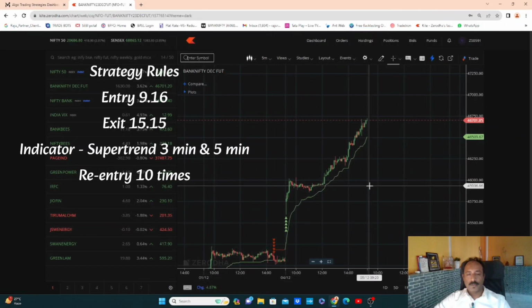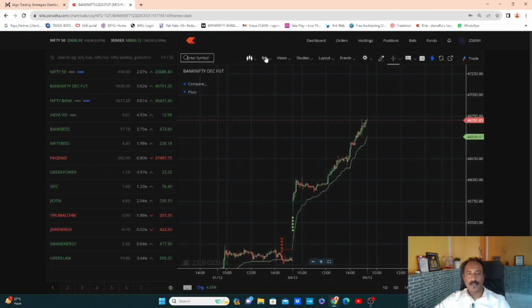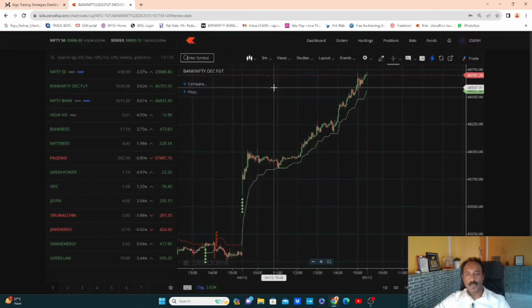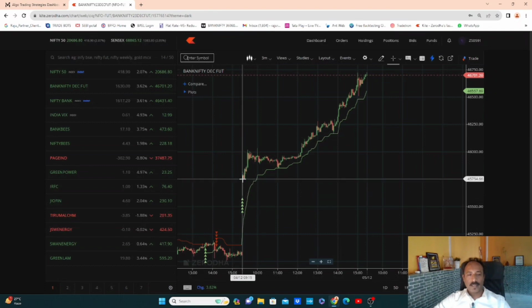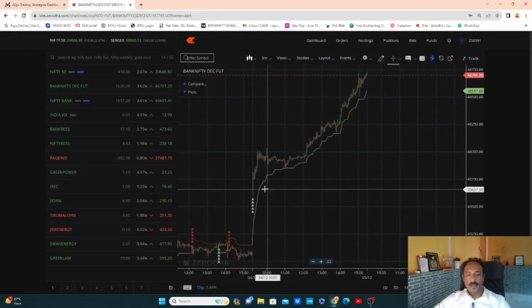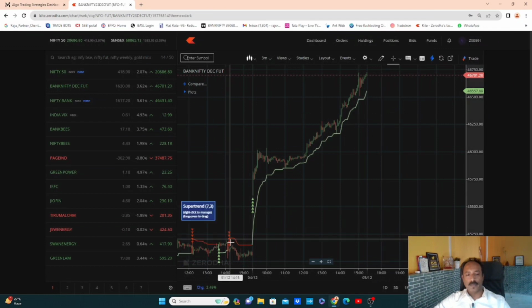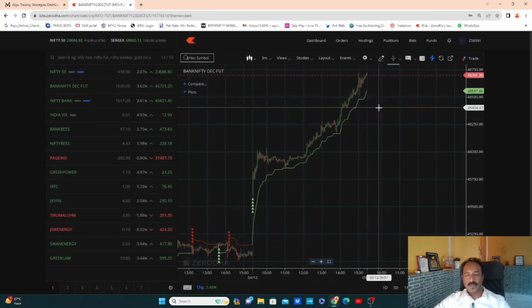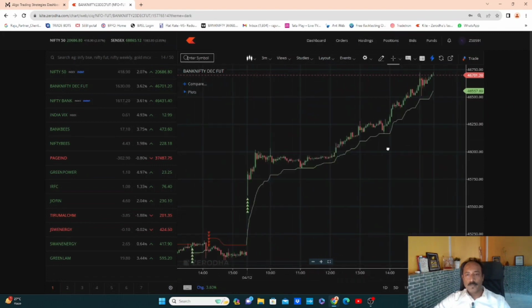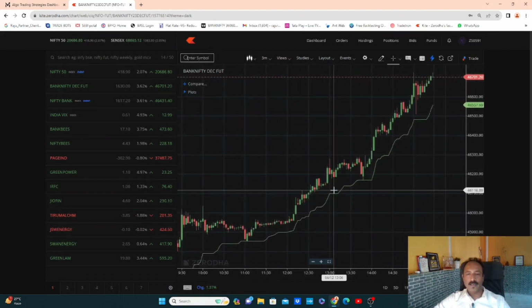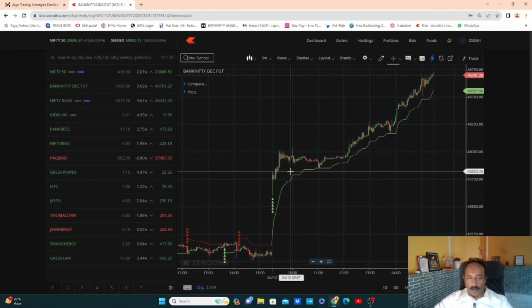See, if you have a Super Trend, there will be a buy and sell signal in 5 minutes. You can also convert it to 3 minutes. So here is what you can instruct the system: our strategy rules will be that the entry time is in the morning, 9:20, intraday, and it will buy whenever the current candle is above the Super Trend, and we will exit when the current candle close is below the Super Trend. Whenever the current candle comes below the Super Trend, that is where we exit. So let us see with this simple idea how we can integrate this into automation.